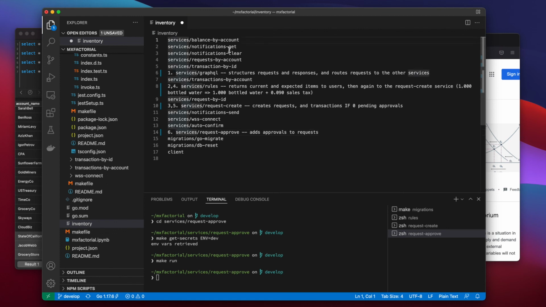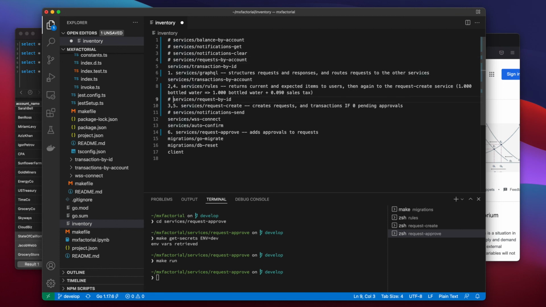The remaining services here are balance by account, which gets your account balance; notifications get, which gets your notifications for you; notifications clear, which clears your notifications; and notifications send, which sends your notifications. Then there's request by account, which queries for requests by account and responds with the most recent 20 requests.